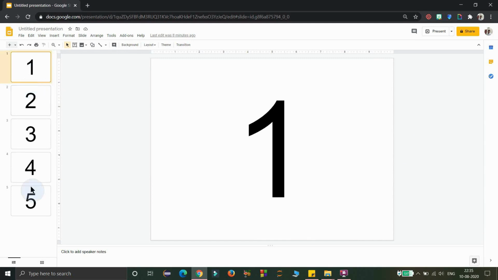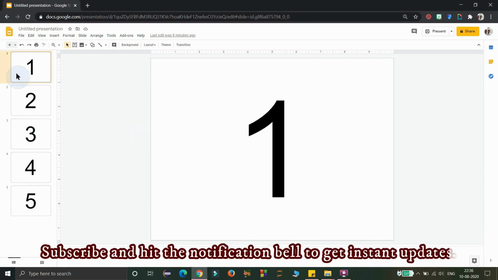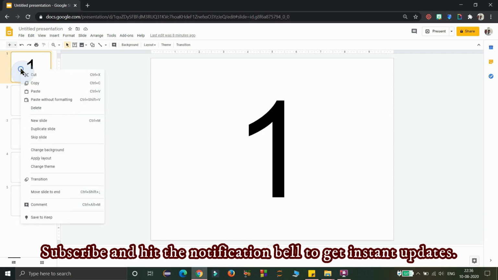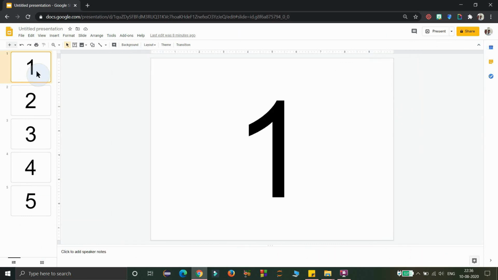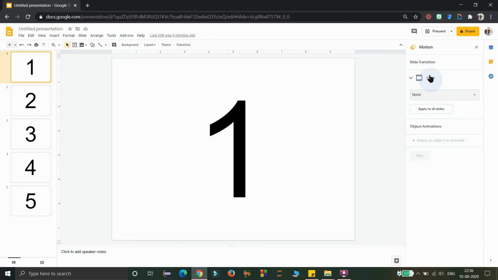To explain this, I am using total 5 slides which are marked with 1, 2, 3, 4, 5. To set the transition for the first slide, right click on the first slide in the slide navigation pane and then you will find an option transition. Click there, then you will get the transition pane right side like this. Otherwise, click on the first slide to which you want to set the transition and then you will find the transition option on the shortcut toolbar. If you click that, again you will get the same transition pane right side.